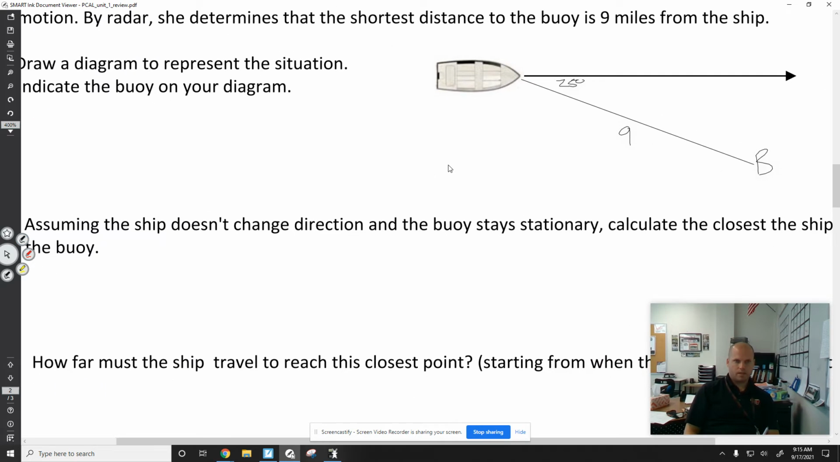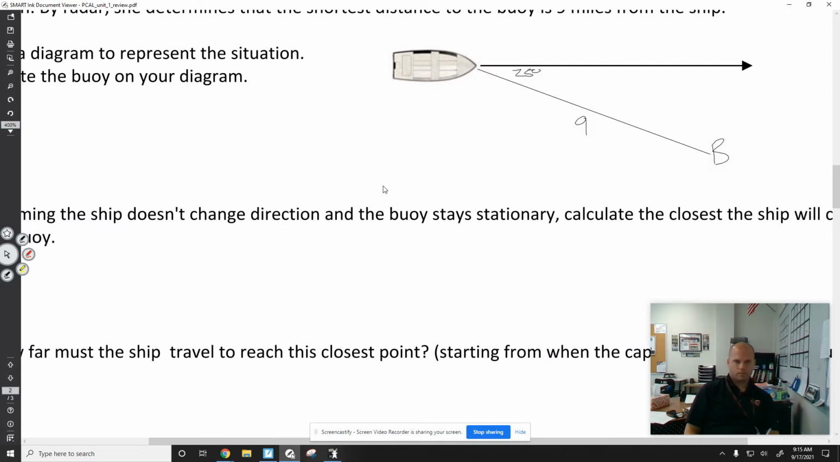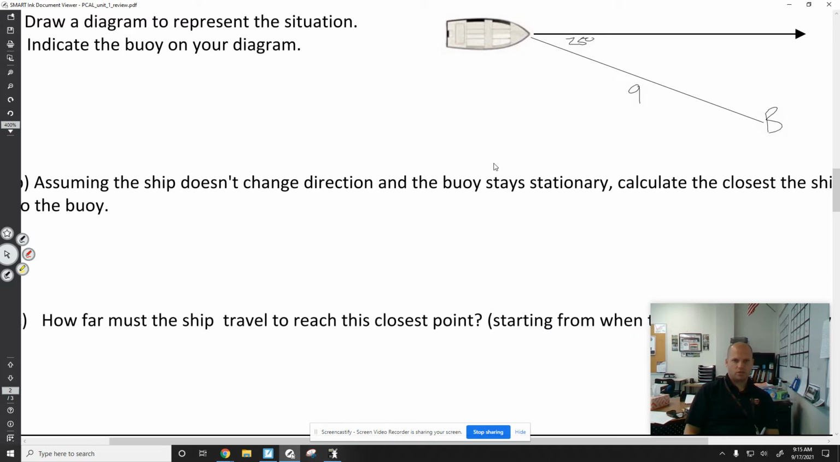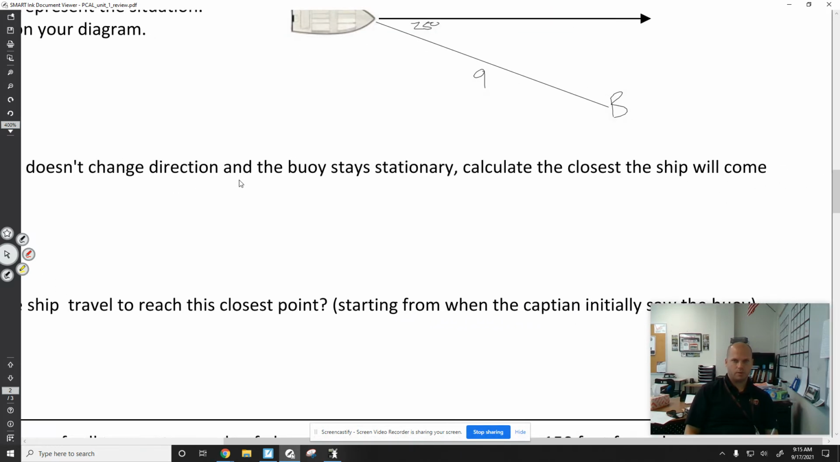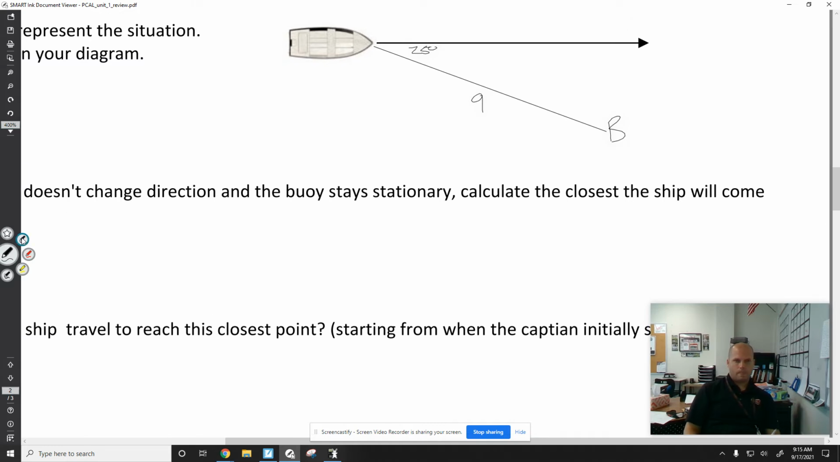Draw a diagram, indicate the buoy. There we go. Assuming the ship doesn't change direction and the buoy stays stationary, calculate the closest the ship will come to the buoy. Well, we could see that if you have a right triangle, the closest you would be is if you were right here at this location, because that would be perpendicular,